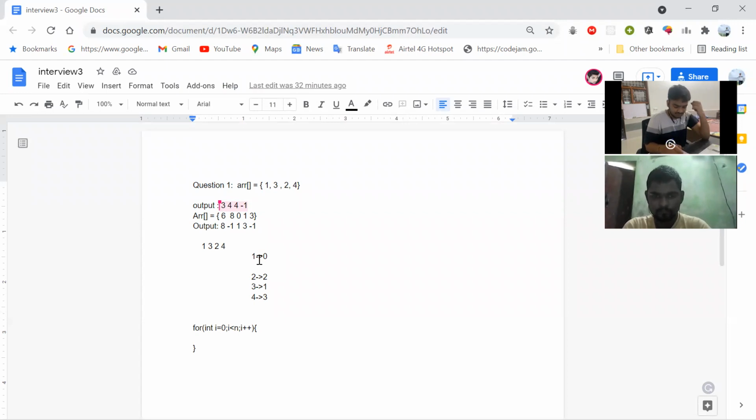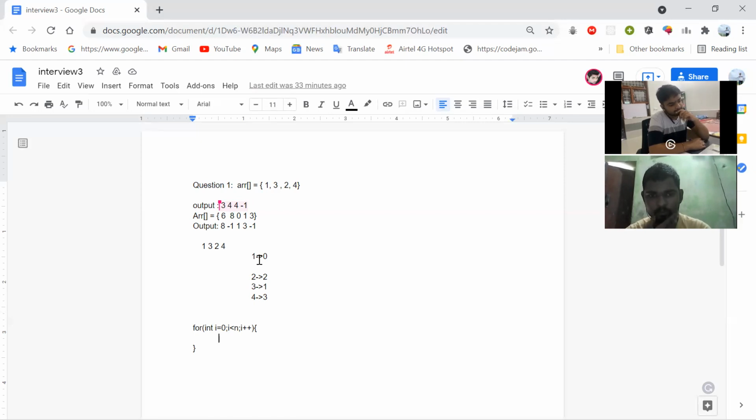While I am at the ith position, I need to iterate from i plus 1 till the size of the array. Till I'm not finding that element, I'm just moving ahead and ahead. When I find that element, I break the loop and store that value in my vector. This is the basic n square approach.